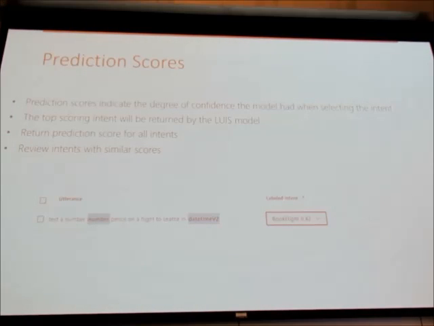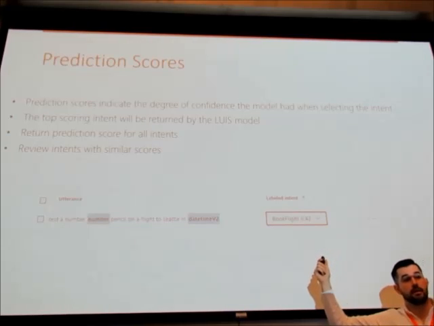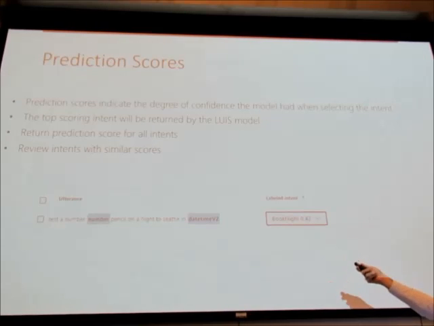The first thing we look at are the prediction scores. And this is something that's provided by LUIS. This is telling us, we go through and we can look at all the utterances on our endpoint as well as the utterances that we train the model with. And it'll tell us what's the top scoring intent, so which one did it predict at the highest, what that percentage was, and what entities did it pick up.